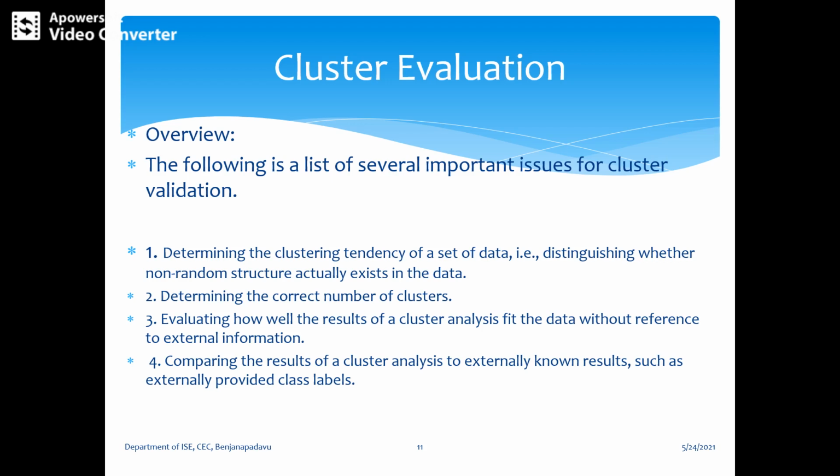Unsupervised measures of cluster validity are often further divided into two classes, that is cluster cohesion, which is called compactness or tightness, which determines how closely related the objects in a cluster are, and a measure of a cluster's separation, which is called isolation here, which determines how distinct or well separated a cluster is from the other clusters. So the next point is the supervised.